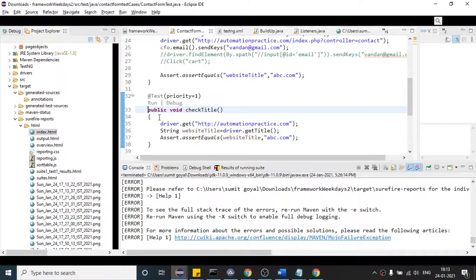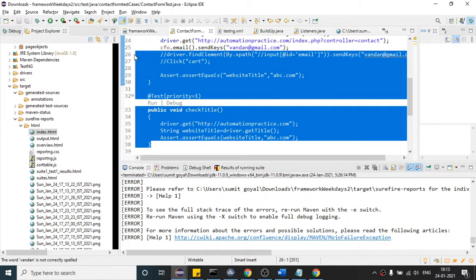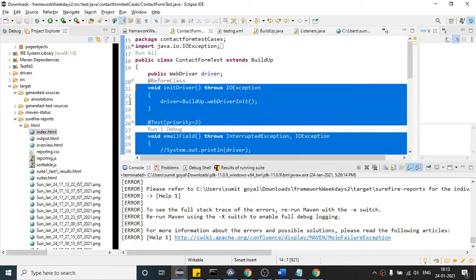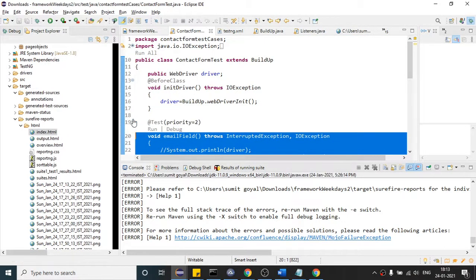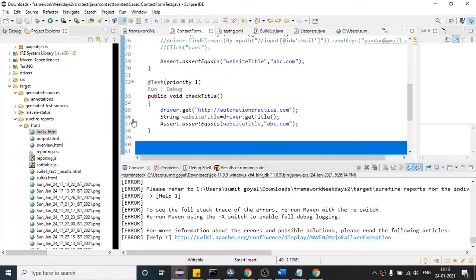So suppose if I remove this test case, which one? This one. If I provide only one test case, okay, so it has ended, no issue.